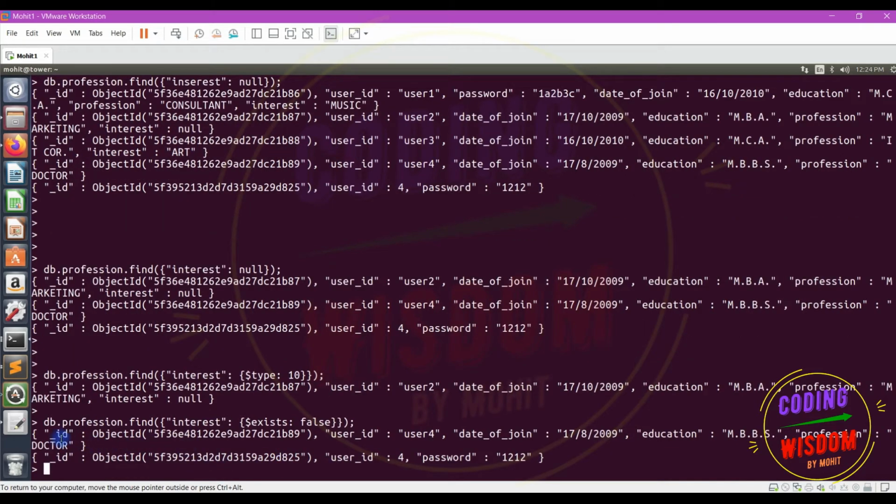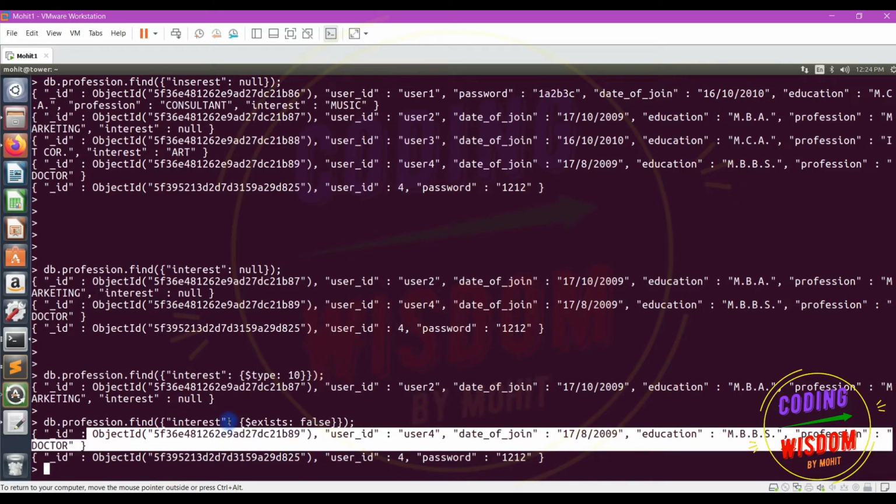So you can see I'm getting the document in which the interest field doesn't exist. Okay, I'm checking the interest field. So in the first one, you can see where interest equals null, the field exists but the value is null. Okay, but here I'm checking where the field does not exist.